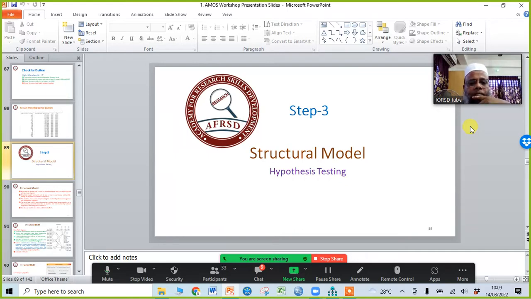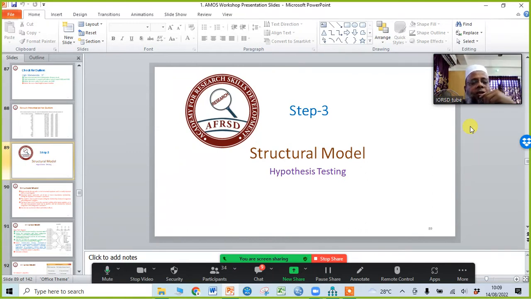From the measurement model we have the covariance, so we will delete the covariance related to the mediator and the DV.